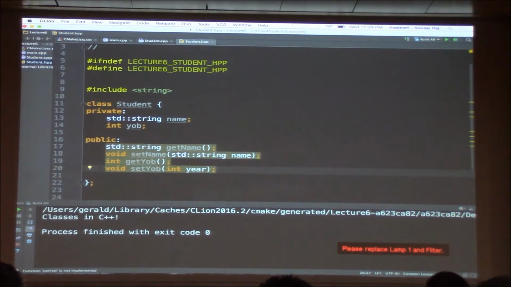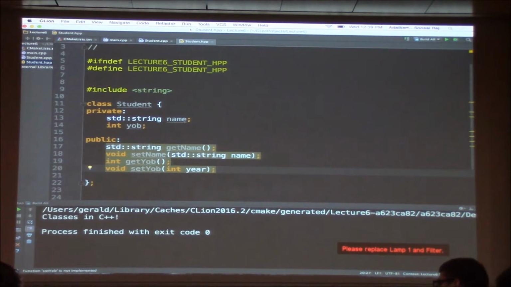main.cpp will only include student.hpp. All it needs to know is what are the different methods that this class offers, these 4 methods, and that particular information is just called the interface of that class. How do we interact with this class? This is how you interact with this class. And so in the HPP file, you will only have the interface. So the implementation of all these methods, we will push to the .cpp files, which is called the implementation